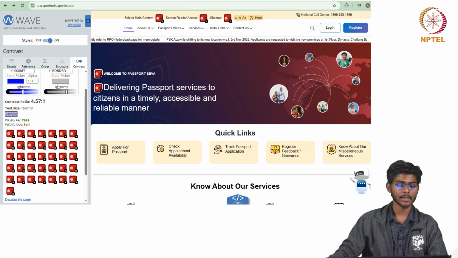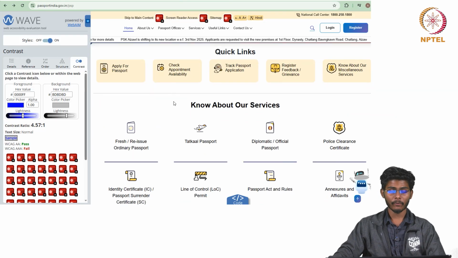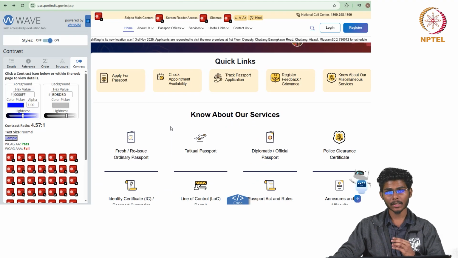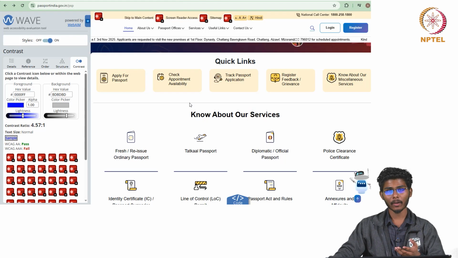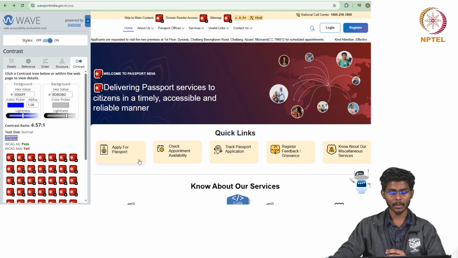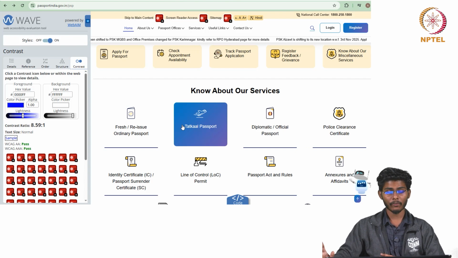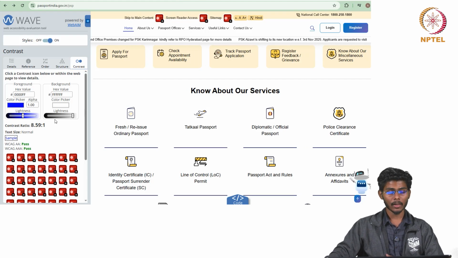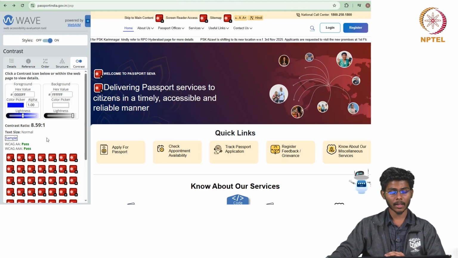So, coming to the contrast section. What does this imply? Basically, in the interface, with the text elements and image elements, how well the contrast is settled between the background and the element. Here you can see the contrast is well implemented. As you can see, it differs from the background, which is white in color. How well the contrast mode works, you can check here in the contrast ratio.